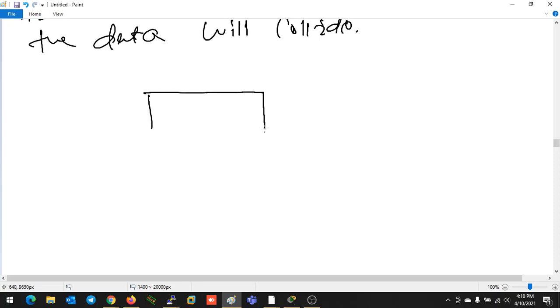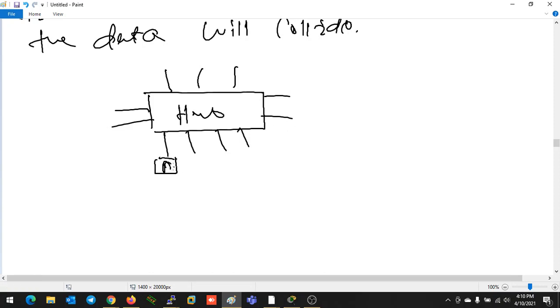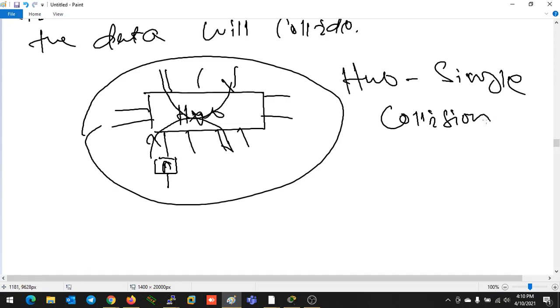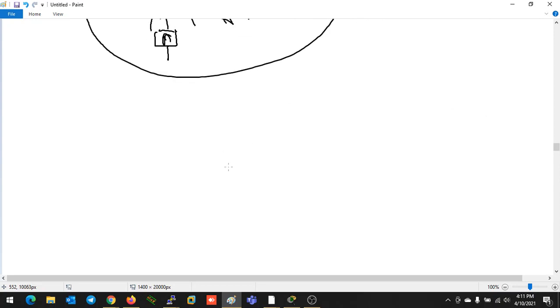So in a hub, if I am talking about a hub, what will happen? A hub has multiple ports. One device is connected here, it's sending some data towards this device, and at the same time this device tries to send data to this device, then the data collision will happen here. That's why the hub is called a single collision domain, or you can consider all the ports of a hub to be part of a single collision domain. But in case of a switch,